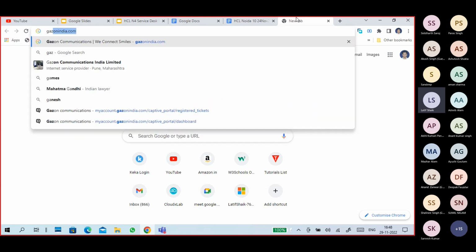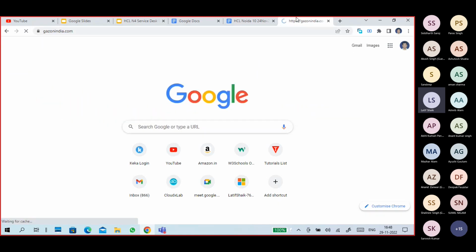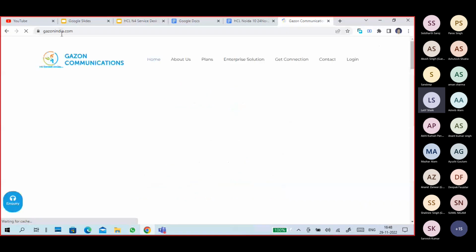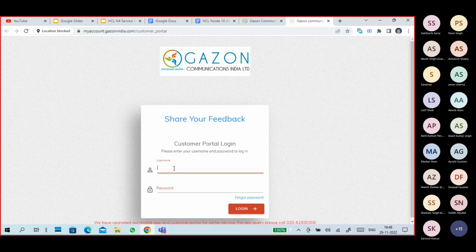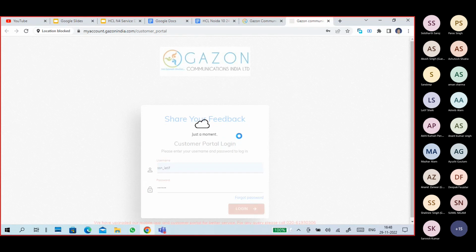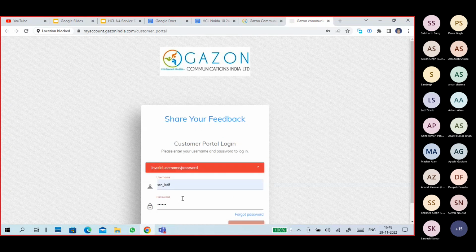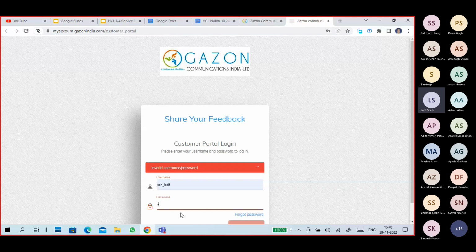So I will show you how the service desk works. This is my internet service provider. I'm trying to connect. The password is correct.